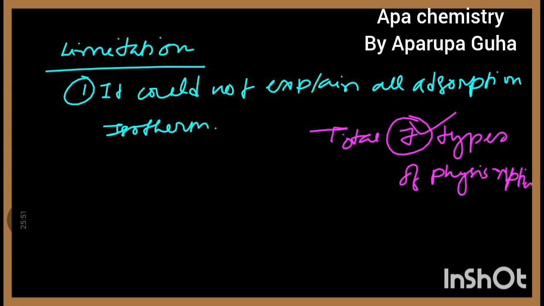In physisorption there are 7 isotherms. I already said, I have already told you. So these 7 isotherms can never be explained by Langmuir theory. Okay, so those 7 isotherms were not explained by Langmuir theory. Next one,